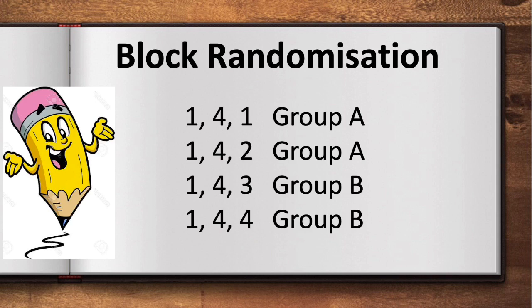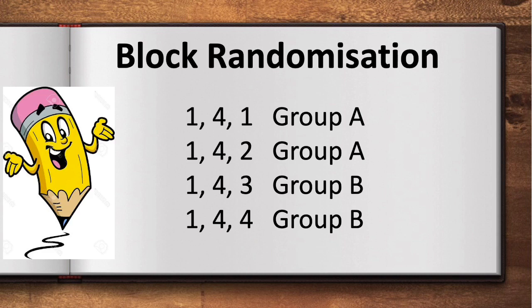Suppose we have to divide the subjects into two groups, right? Then 2 into 2, 4. A block size of 4 is the minimum we have to select in the computer. 4, 6, 8, you can choose any size. Here we are using block size 4, right? And two groups, group A and group B. In two groups we have to divide the subjects. Then the computer will create the block design like this.